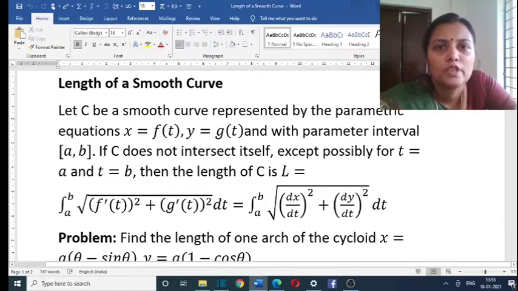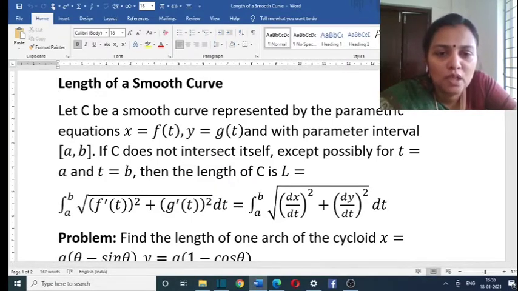Let's move to the portions. So the first portion is the length of a smooth curve. Let C be a smooth curve represented by the parametric equations x equal to f of t, y equal to g of t, with a parameter interval closed interval AB. If C does not intersect itself except possibly for t equal to A and t equal to B, that is, at maximum it should be a closed curve, otherwise it should not intersect anywhere, then the length of C